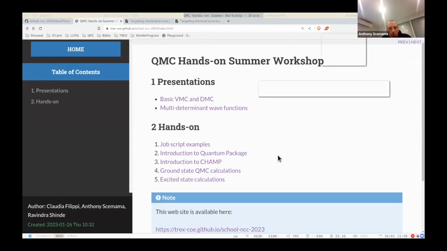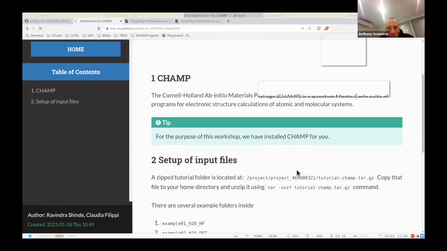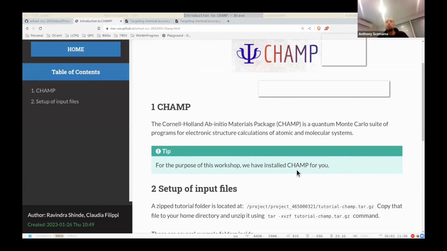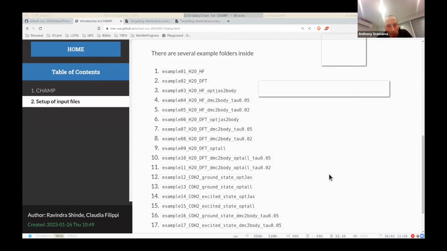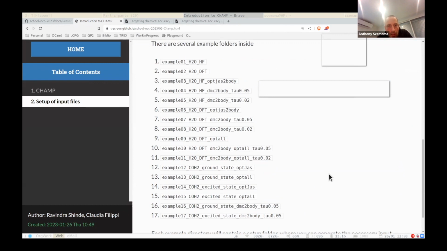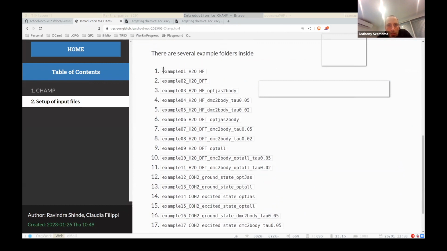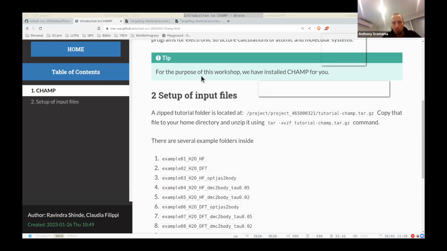So you have all now run Quantum Package. Now CHAMP. CHAMP, in a few words, is the QMC code developed in Claudia's group. Here it has all been installed by Ravindra and Claudia. They have also prepared at this place a tar.gz file containing many directories.